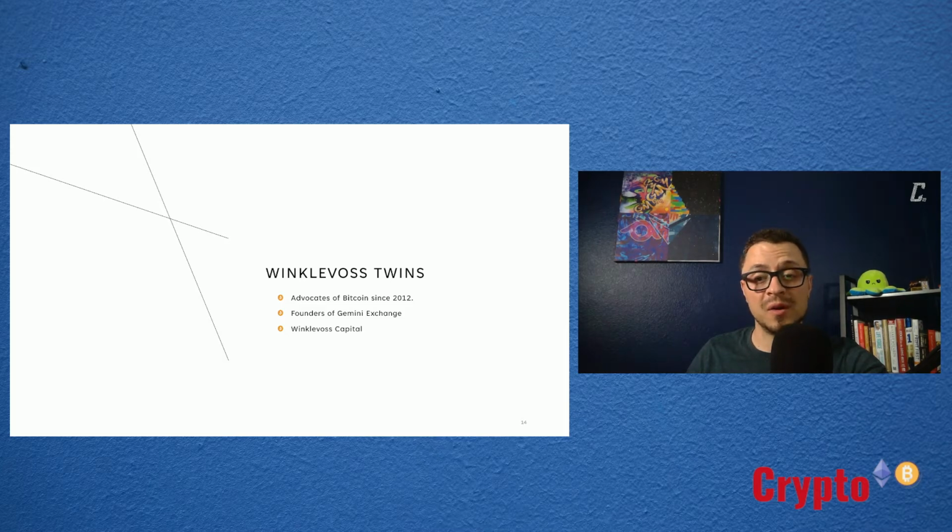Later on, they learned about Bitcoin, and that was in 2012, and they became huge advocates of it. And then a couple years later, they opened Gemini Exchange. Gemini is one of the more, let's say, foundational exchanges within the US, even though they don't market as much and they're not as widely known. They've done a lot on the institutional side, and I'd say they're a pretty good exchange overall, very similar to